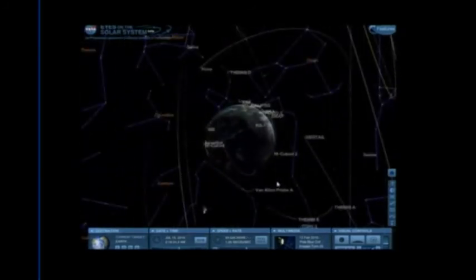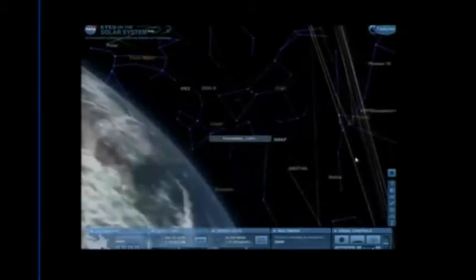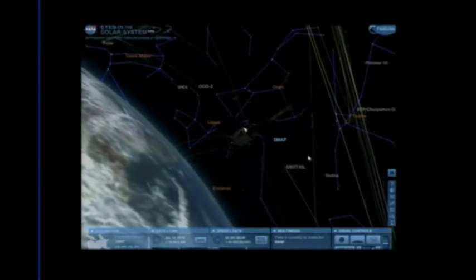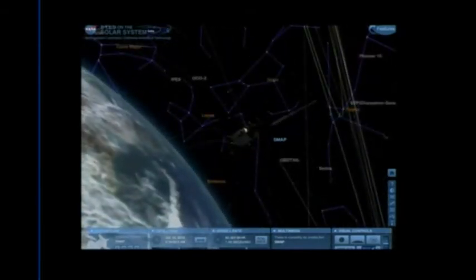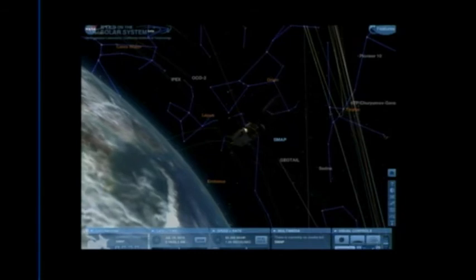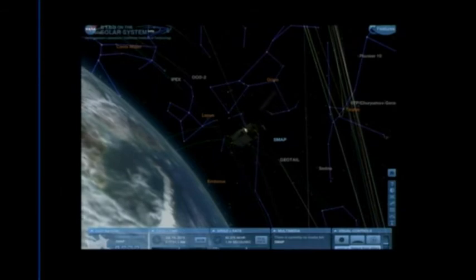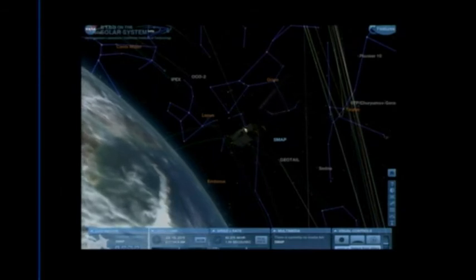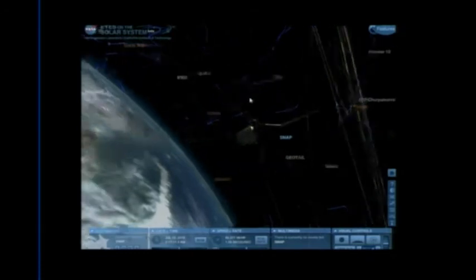I'm going to fly out to Orion's belt, okay? I'm going to first go to SMAP, which we've recently launched, and get to see it. So there it is with its antenna, okay? And what I'm going to do is put the camera now in free fly mode. There's a little button down here, free fly, so that you can use the gamer controls, you know, the A, S, D, W keys, right? You play games. Or you can use arrow keys and the mouse, but I'm now going to take it in free fly, and I'm going to make a beeline for Orion's Belt, okay?